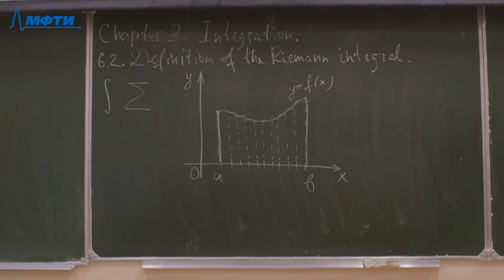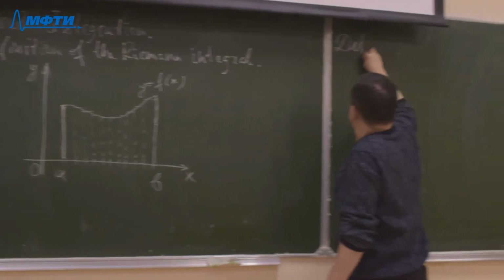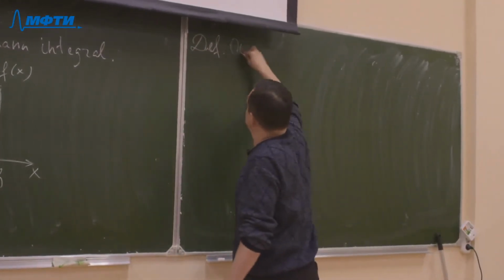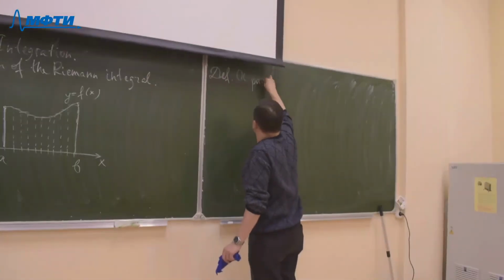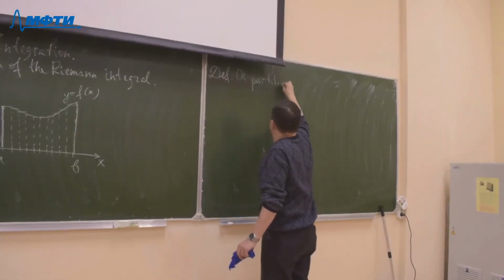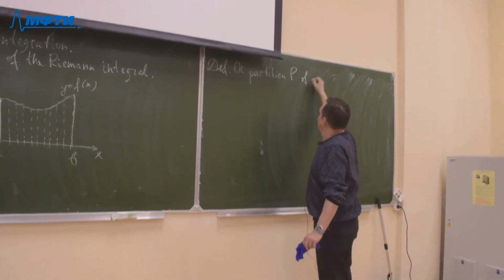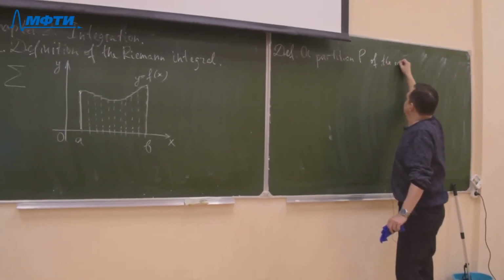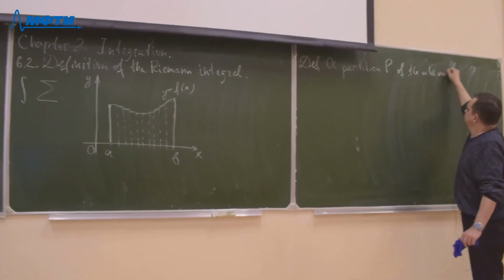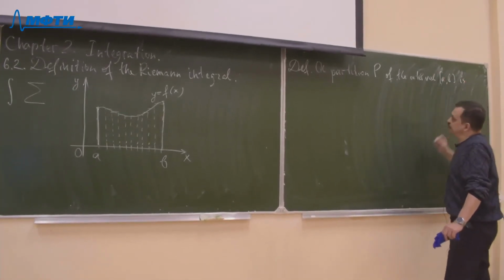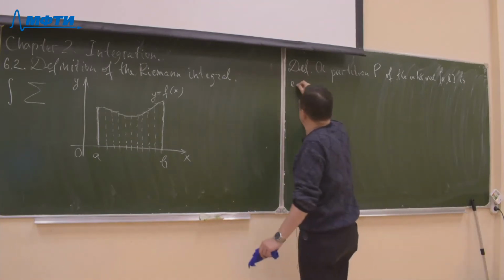So I'll start with this definition. A partition P of the interval AB is a collection